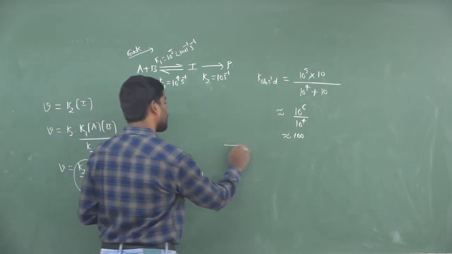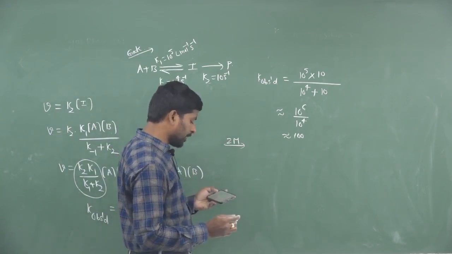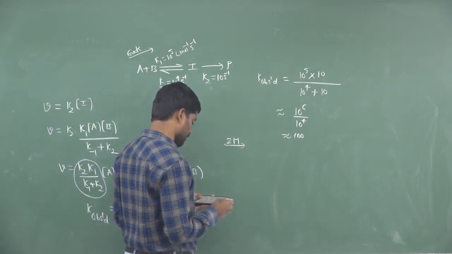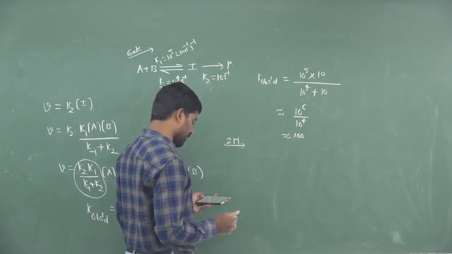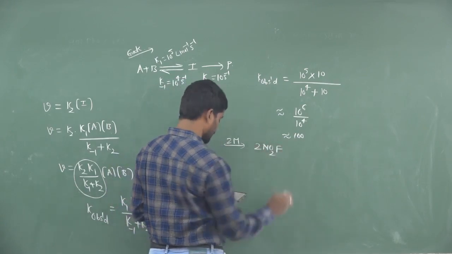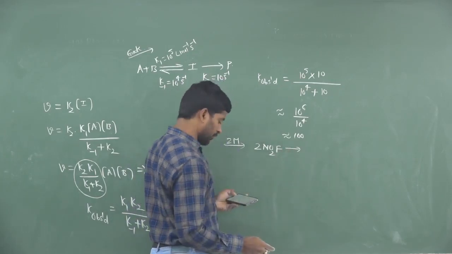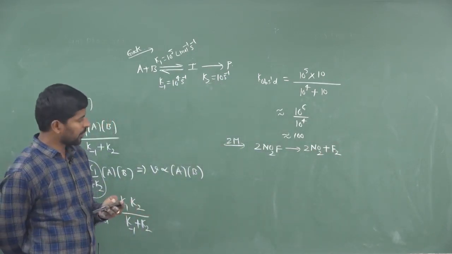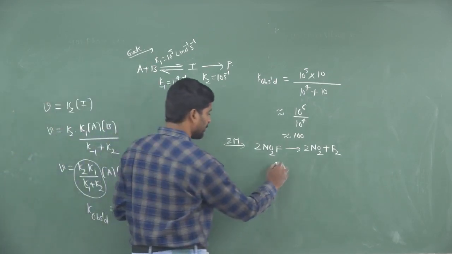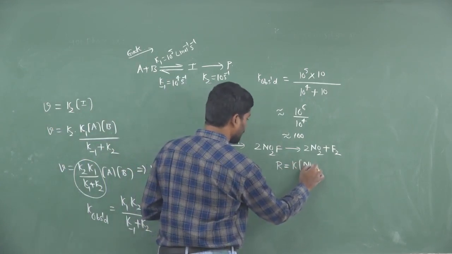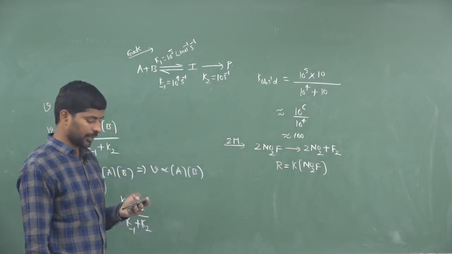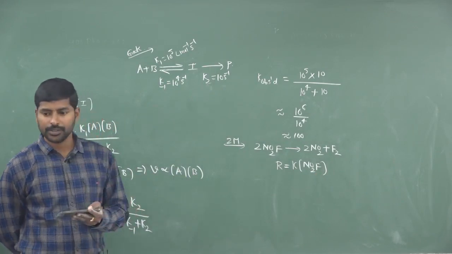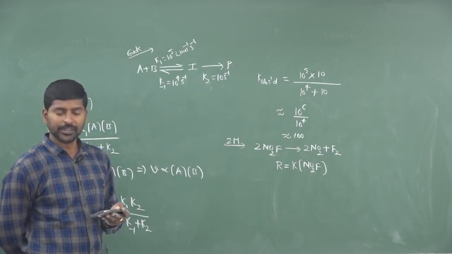Next, write this reaction. This is also a previous CSIR question given for 2 marks. The experimentally determined rate law for the chemical reaction 2NO2F gives rise to 2NO2 plus F2 is R is equal to K into NO2F. The rate determining step consistent with the rate law is,